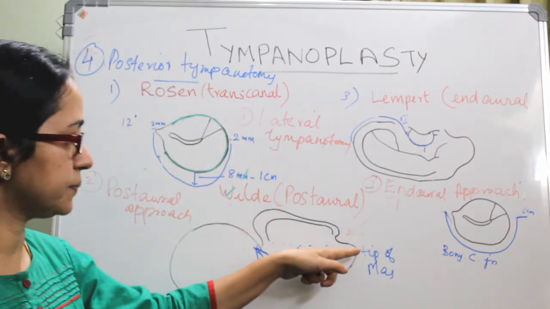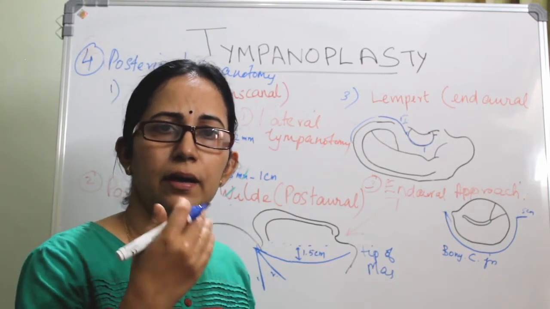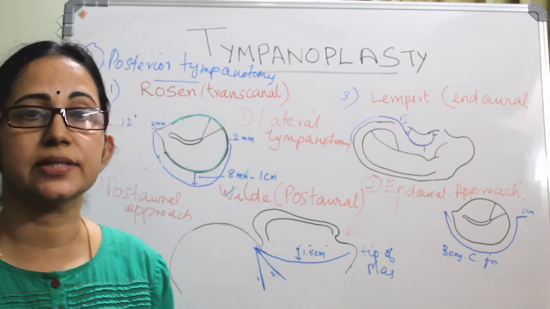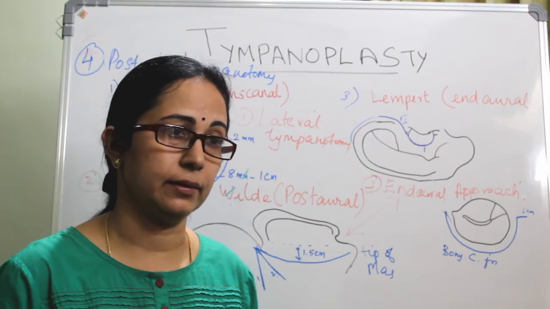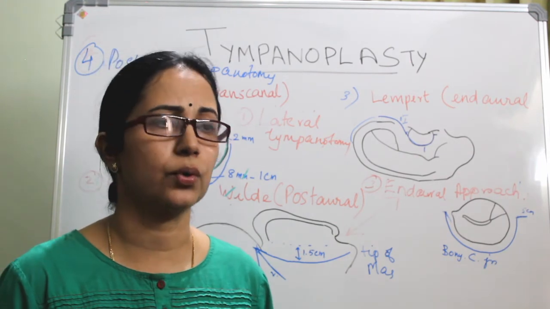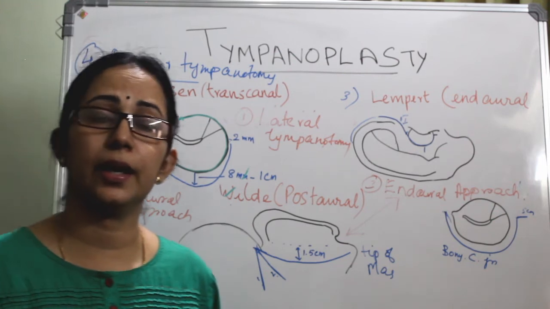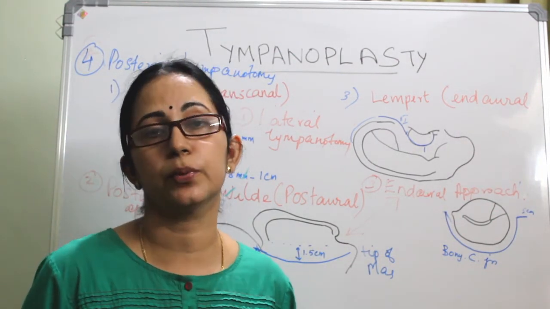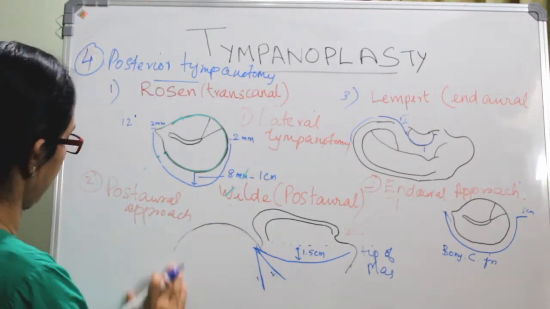So for that, this mastoid exploration, doing a cortical mastoidectomy, then identifying the facial recess, and through the facial recess approaching the middle ear, that is a posterior tympanotomy approach. So this approach is mainly done for cochlear implant surgeries and also for sinus tympani cholesteatomas. And this facial recess and also the sinus tympani cholesteatoma can be approached through a circumferential tympanomastoid approach also. Fine.